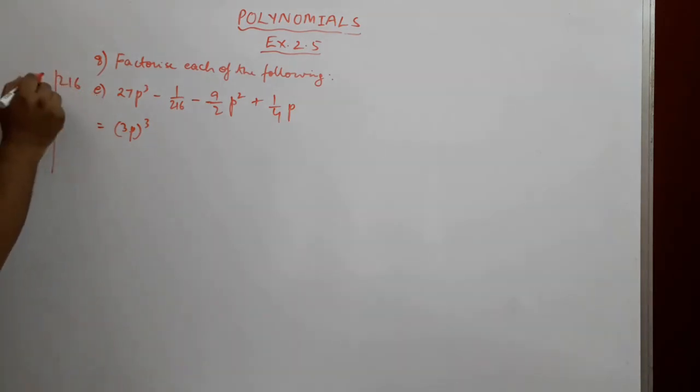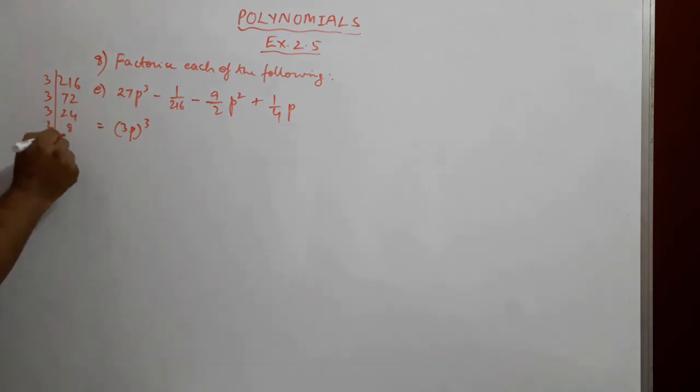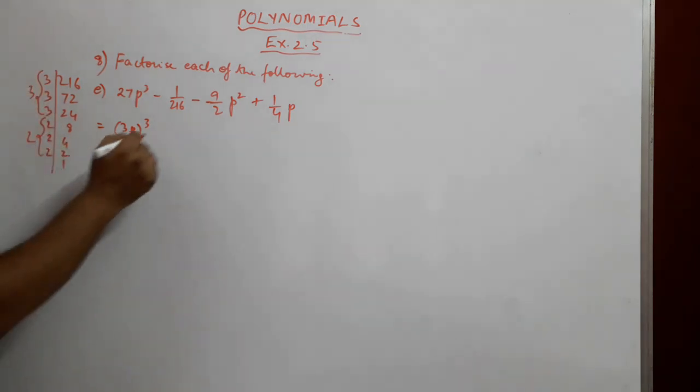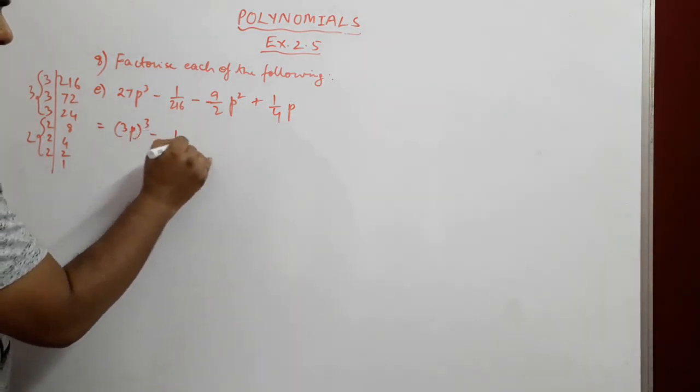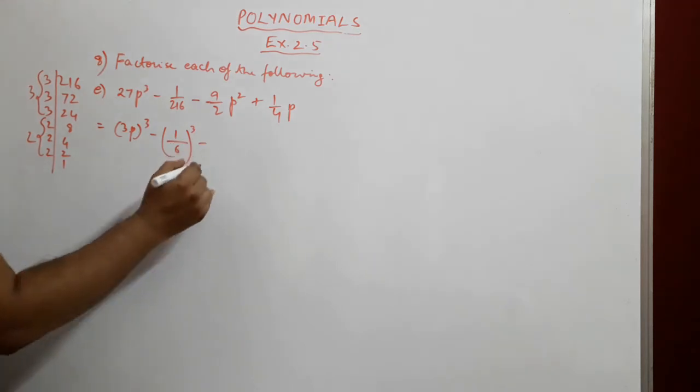So we take this as 3 2s are 6, 3 2s are 6, 3 4s are 12, 3 8s are 24, 2 4s are 8, 2 2s are 4, 2 1s are 2. Okay, so that would be 3, that would be 2. 3 into 2 is 6. So minus 1 upon 6 whole cube, and this will be minus